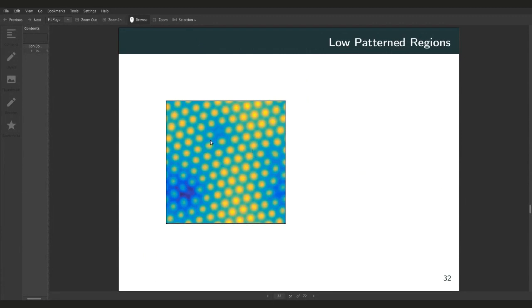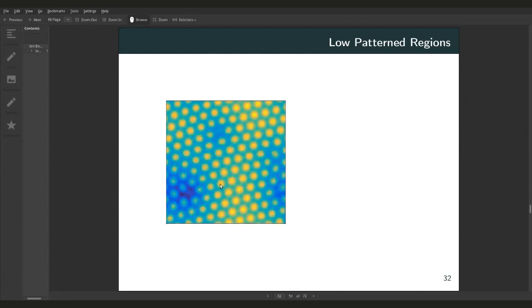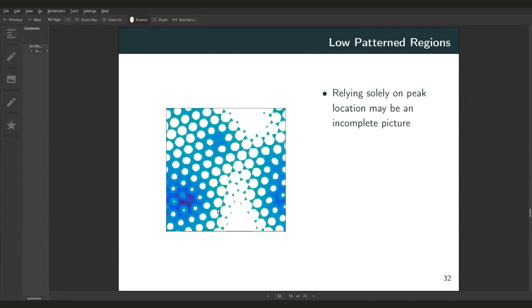But something else that we might be thinking about is that taking the peak location might be smoothing out or losing some information. If we're thinking about a sublevel set here, we can see clearly there are some higher regions and low regions. And it's thought that these high and low regions are really due to the zero mode or the soft mode and nonlinear effects. So we'd like to understand the variance in these regions a little bit more,